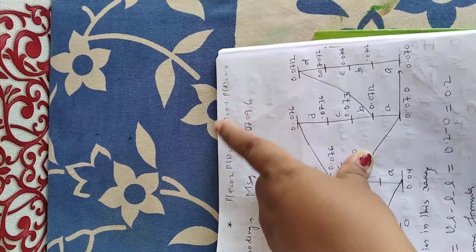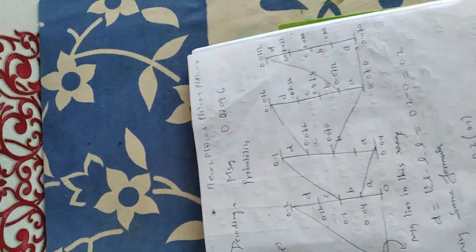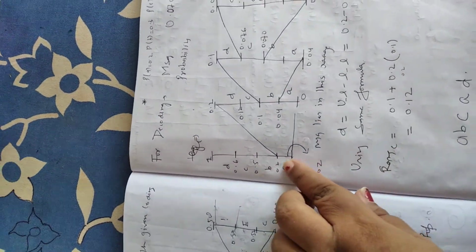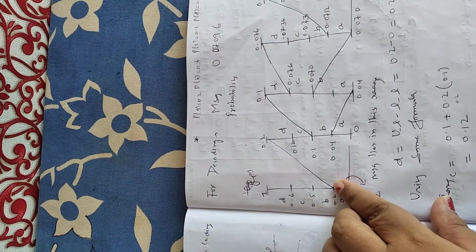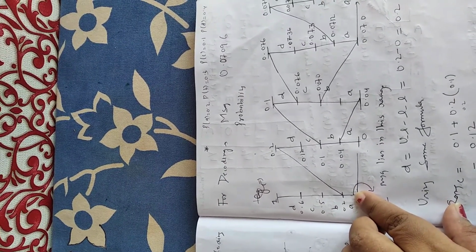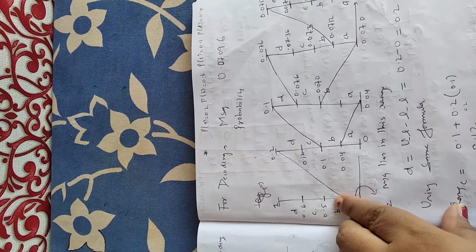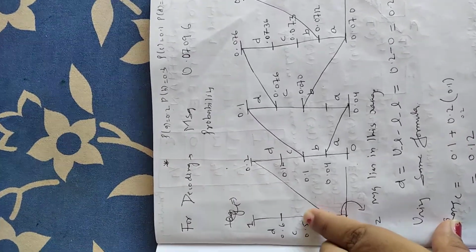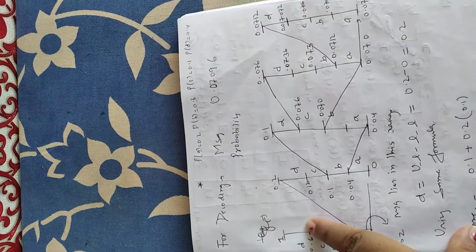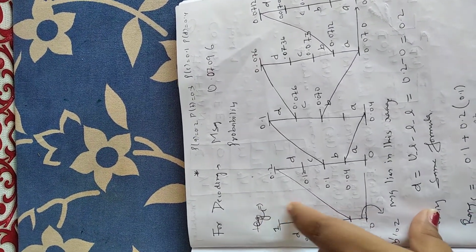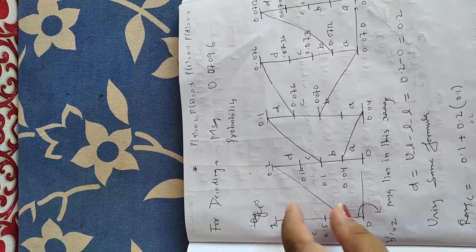Now the same thing, in the way probability is given, in the same way we will write here. The probability is given in the manner of A, B, C, D. So we have written A, B, C, D. Now the probability of A is 0.2. From 0 to 0.2 becomes the range of A. Then 0.3. From 0.2 plus 0.3 which becomes 0.5. So from 0.2 to 0.5 is the range of B. Then probability of C was 0.1. From 0.5 to 0.6 is C. Then probability of D is 0.4. So from 0.6 to 1 is the probability of D. Now we will see this encoded message lies in which subsection.